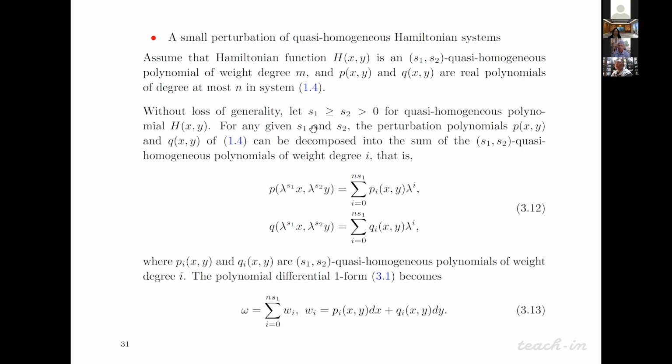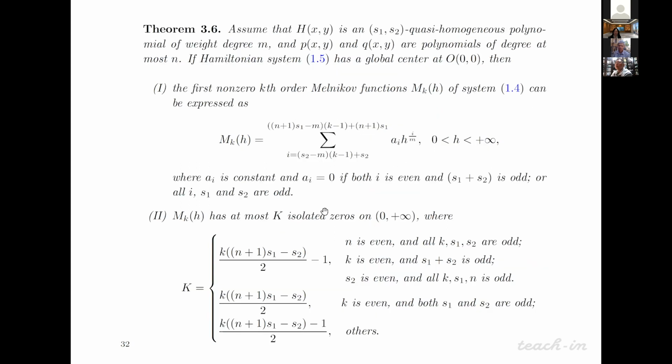For this one, we can use the P(x,y) and the Q(x,y), the exponential, according to the quasi-homogeneous way to exponential. So this P and Q is not quasi-homogeneous. So we should exponential according to the quasi-homogeneous way to exponential. So like this one, we get this theorem: